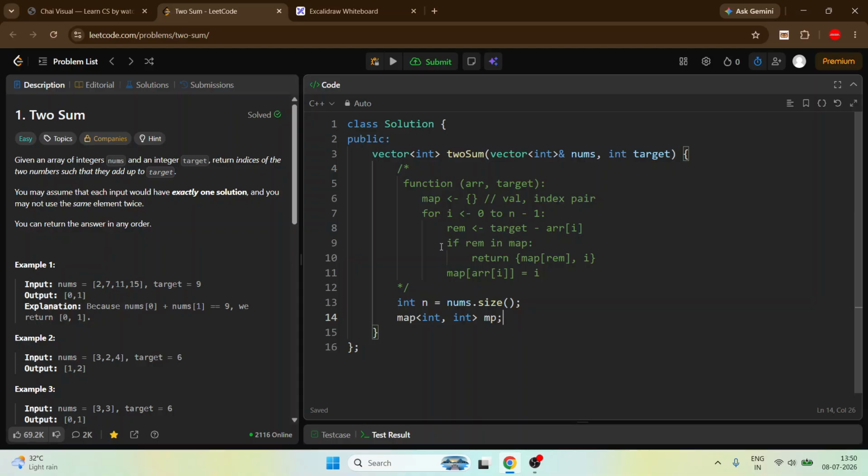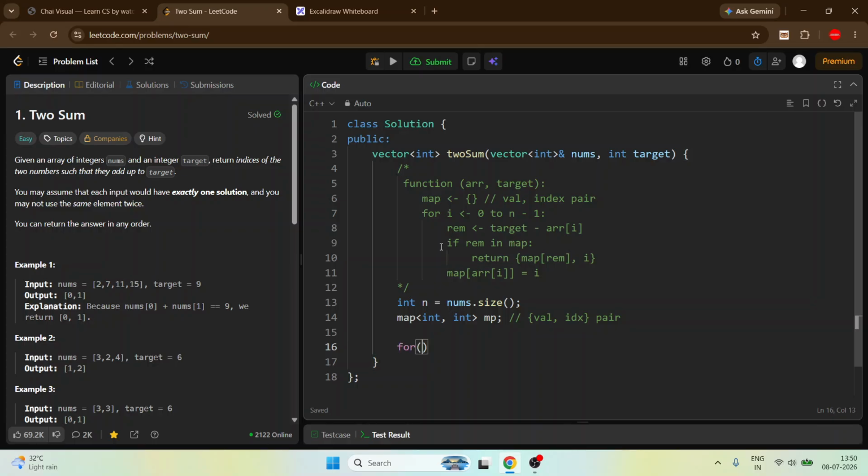So it will be a value comma index pair. In this map, the first element will always represent the value, and the second one always represents the index of that value in nums.